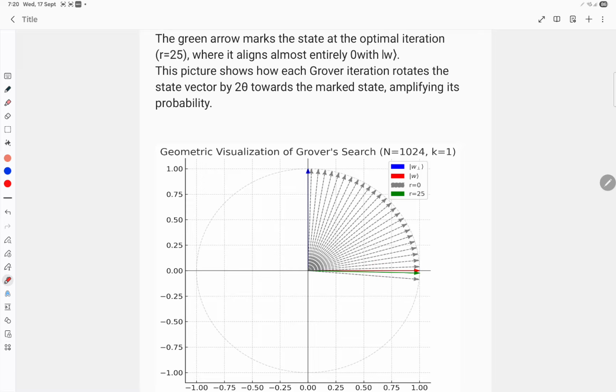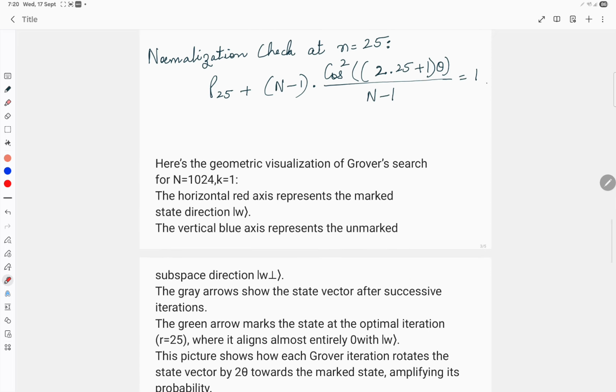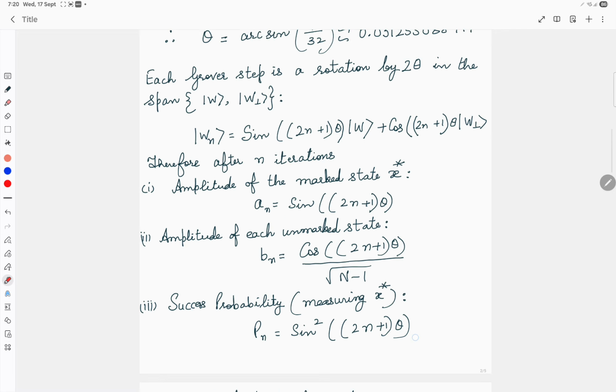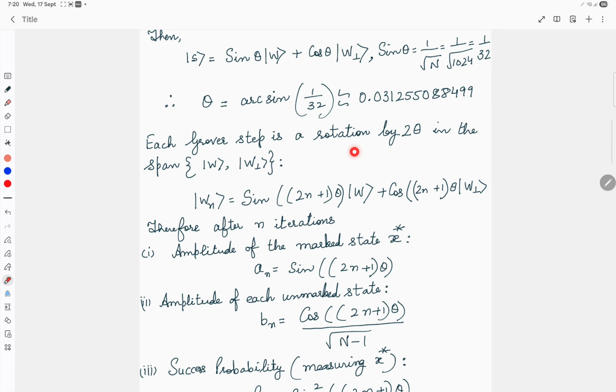So therefore the red marked arrow gives me the x-axis, which represents the ket w axis, and this blue one, which is the ket w perpendicular, represents the y-axis. So these two orthonormal bases, or axes, span the complete plane. Right, so that's the meaning of each Grover step: a rotation by 2 theta in the span